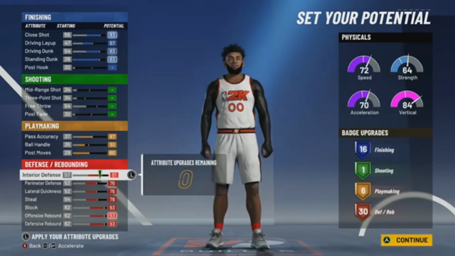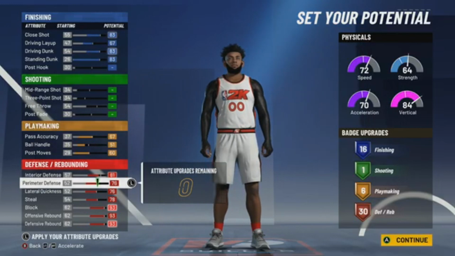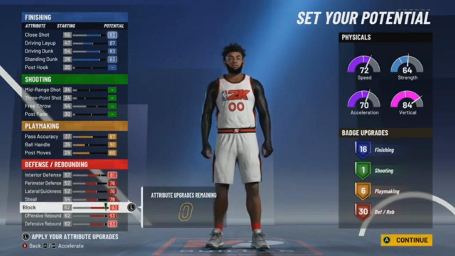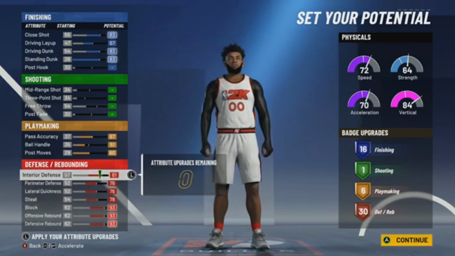Interior defense in 2K is kind of like a blind stat. It's not really that good of a stat. It doesn't really affect any sort of interior defense like it normally says. It just has to do with post control and stuff like that. So interior defense is kind of useless. You guys are usually going to want perimeter defense, lateral quickness, and steal. You're going to want to have these stats maxed, not really interior defense, because your interior defense is going to be lower anyway because you're going to decrease the